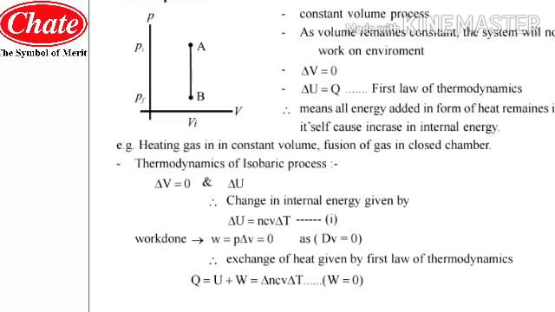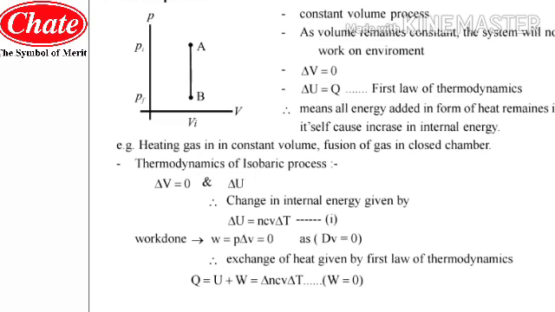Now students, we will learn how to write the answer in the exam. When there is a question in the exam to explain the isochoric process, first of all you have to draw a correct, neat, well labeled PV diagram, indicating the values of P on the y-axis and the values of volume on the x-axis. Then you have to draw a straight line which indicates constant volume, and the straight line will show the pressure drop. There will be a drop in pressure. So this much you have to draw in the PV diagram.